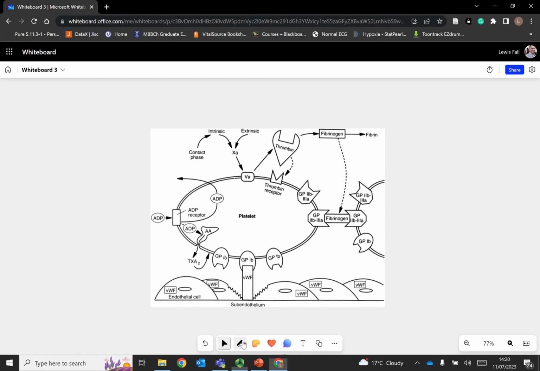Now I've had to step away from the light board for this one, mainly because I wouldn't have been able to do this just by drawing it all. I'm going to introduce you over this next few minutes to the way that platelets go about their business. In other words, how it is that they bind to the cell membrane in order to actually get that clot done. Okay, so what you're looking at on screen is a diagram of a platelet,